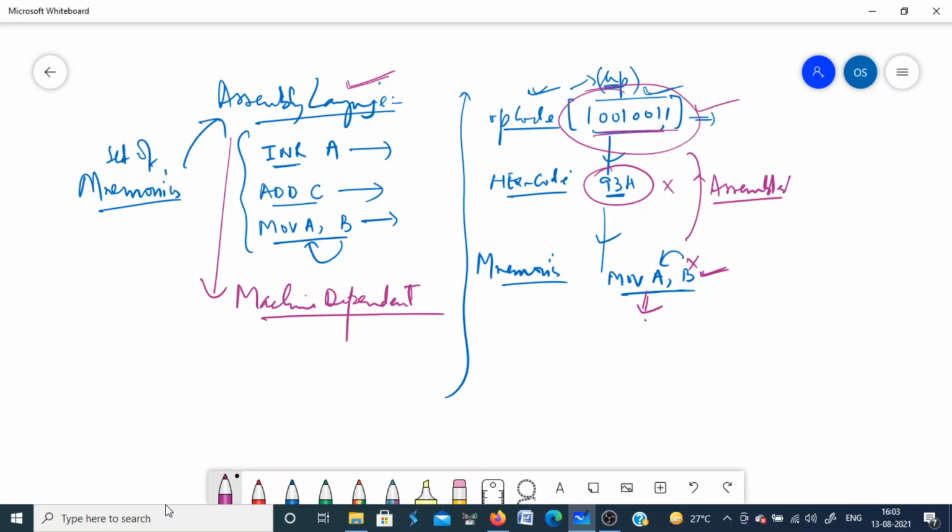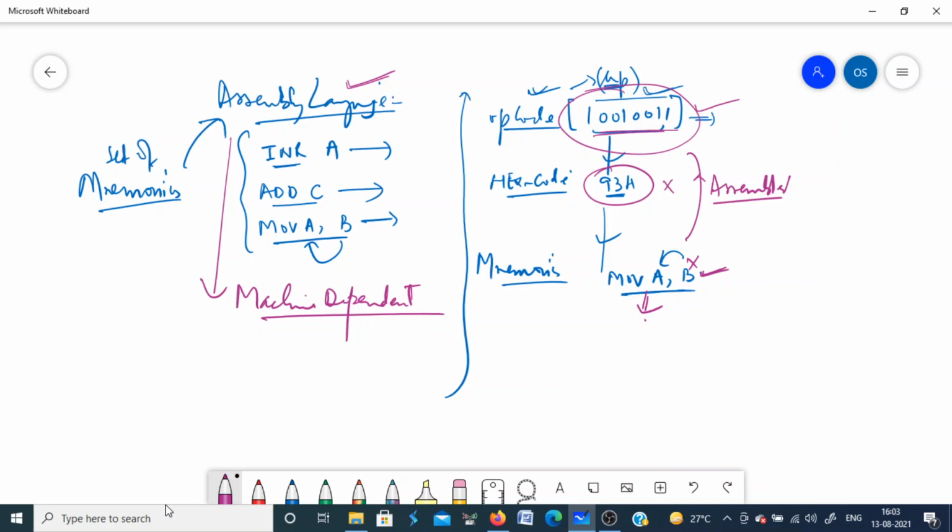Because the machine code or operation codes are machine dependent, this language is also machine dependent. It means if you have written an assembly program for one processor, that cannot be transferred to other processors. The assembler must also be unique for each processor. So if you are using 8085, you have a separate assembler for that,